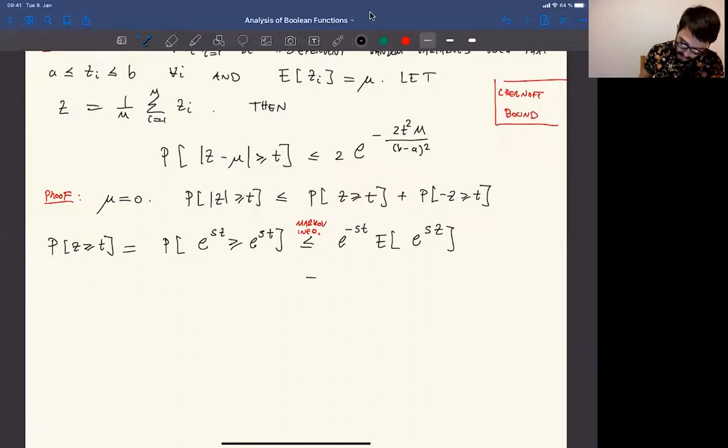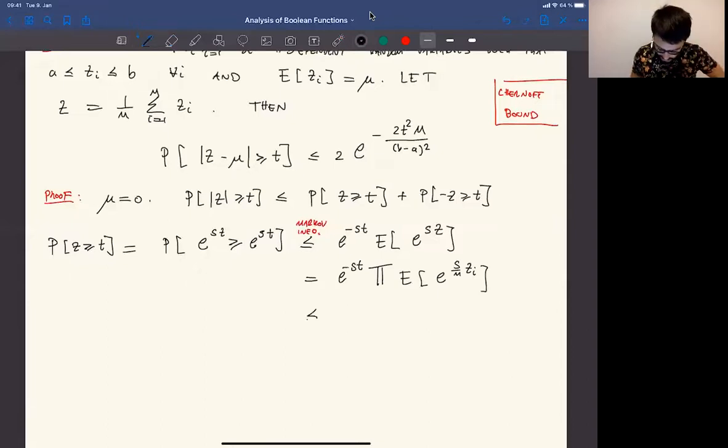Then you use the fact of independence to write this as a product of the terms with z_i. And now I'm going to apply what's called Hoeffding's inequality, which I will prove in a moment,